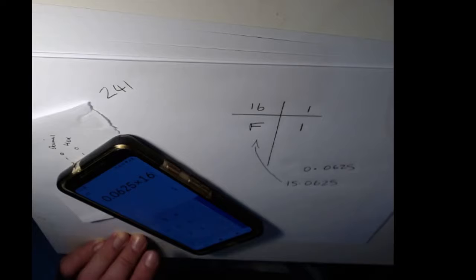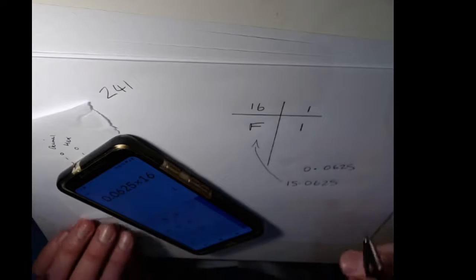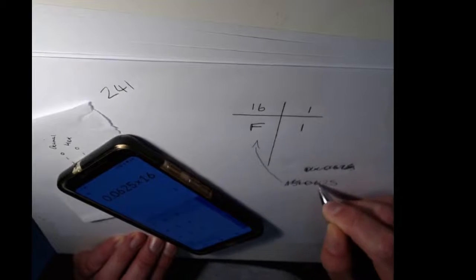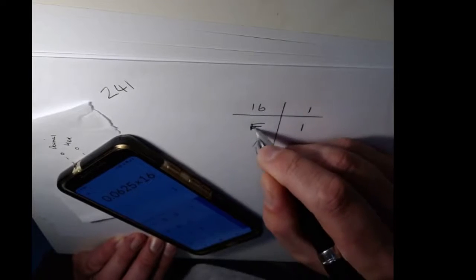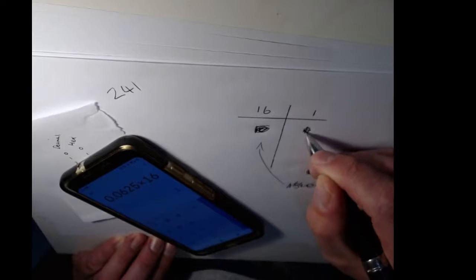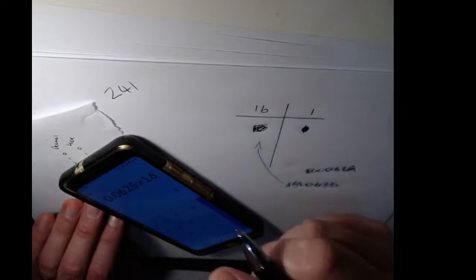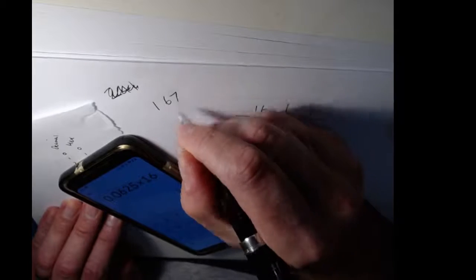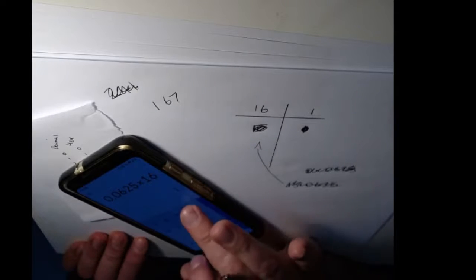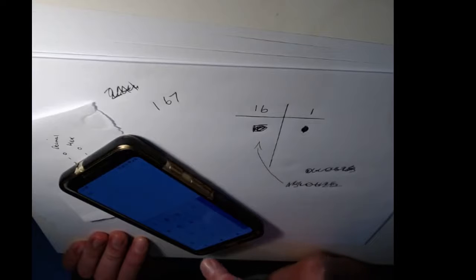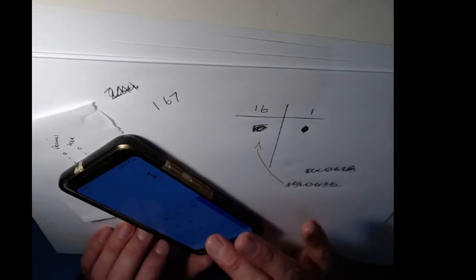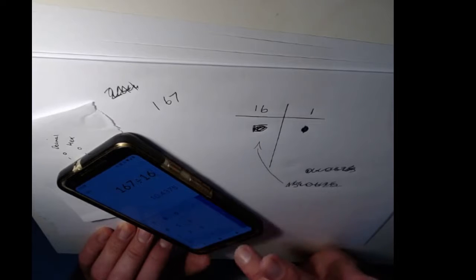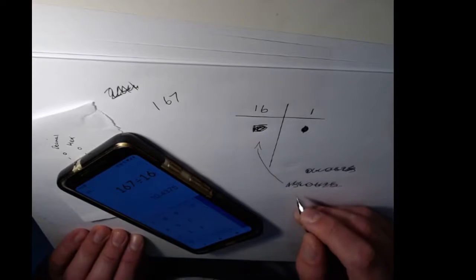And let's just do another one, while we're on, to make sure we can do this correctly. So I'm just going to cross these out so we don't get confused by them. And we'll do a number. This time let's do 167. We're going to divide it by 16, and it gives us the answer